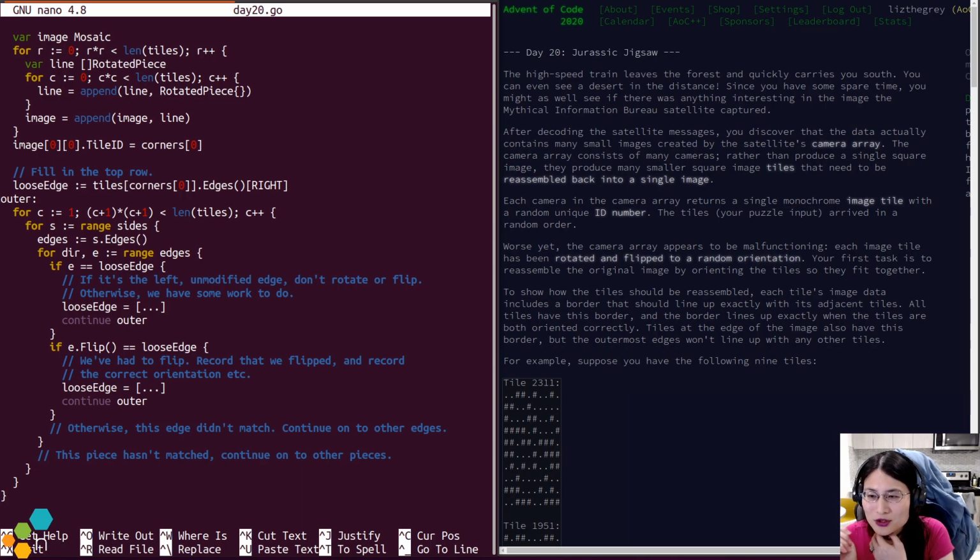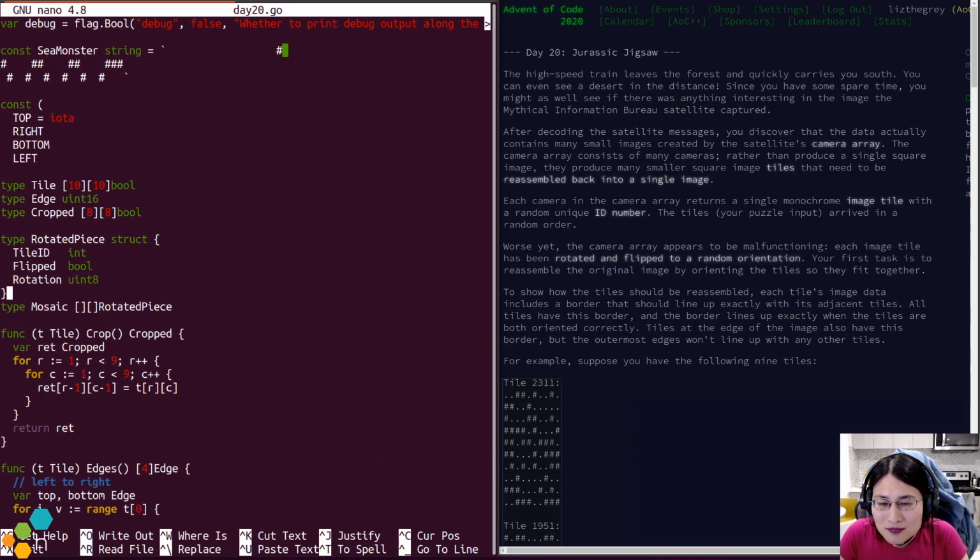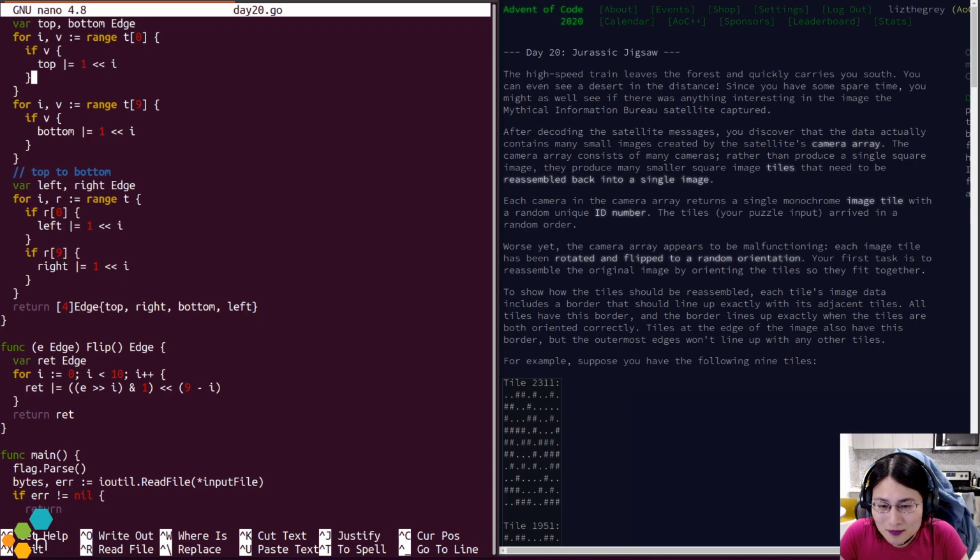I just want to make sure that I finish it first before I encapsulate it as a function. Okay, so right now, as written,